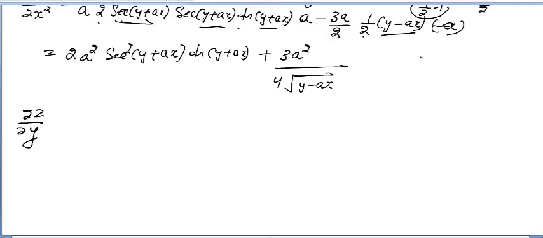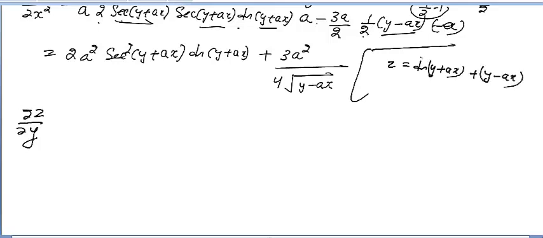So you know that you can write here z is equal to tan (y plus ax), and you have (y minus ax) whole raised to power 3 by 2. It is very easy. So when you find the derivative of this with respect to y, you have secant square (y plus ax), because derivative of tan is secant square, and derivative of u means y plus ax again, derivative of y is 1 and derivative of ax is 0. So you have only 1, you need not write it.